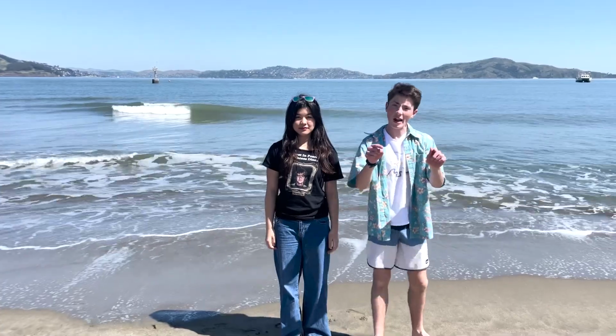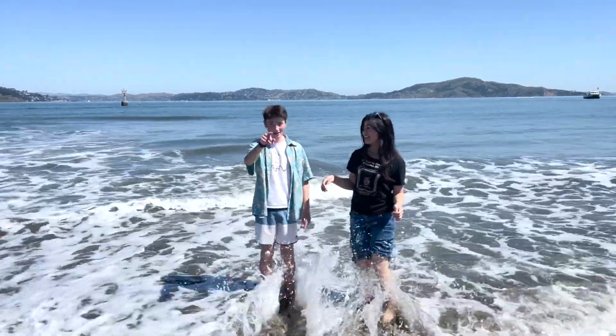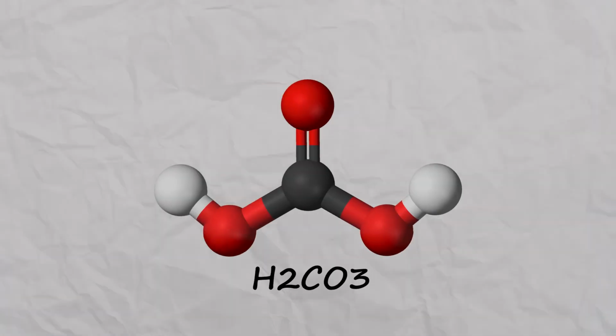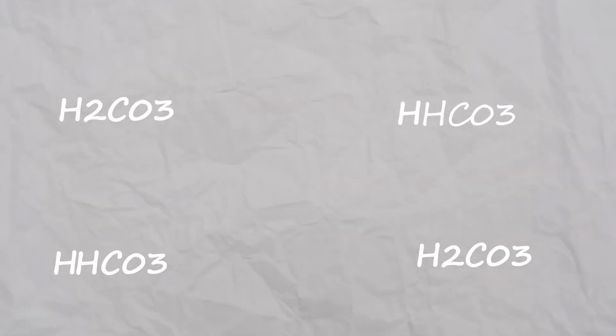Exactly, and when carbon dioxide dissolves in water, it turns into carbonic acid. And the ocean is made out of a bunch of water. So, if more carbon dioxide is in the air, more carbonic acid is being produced in the ocean. When acids dissolve in water, they lose a single hydrogen ion. This is called dissociation. Carbonic acid is a weak acid, meaning it only partially dissociates. So we know more carbonic acid is being produced, which means more hydrogen ions are being released in the ocean.